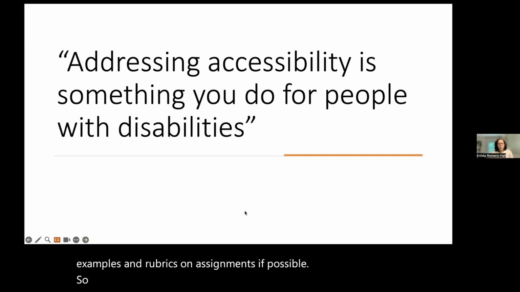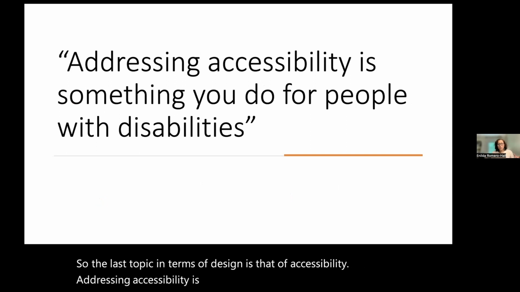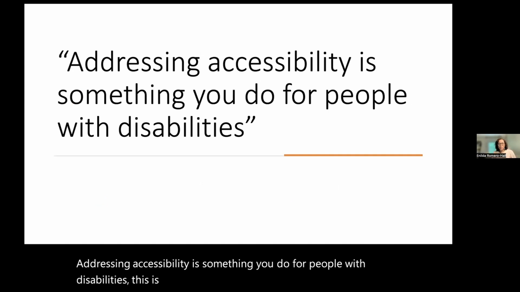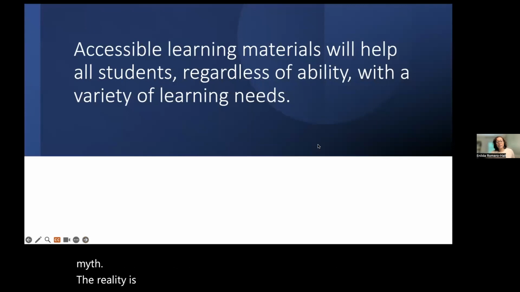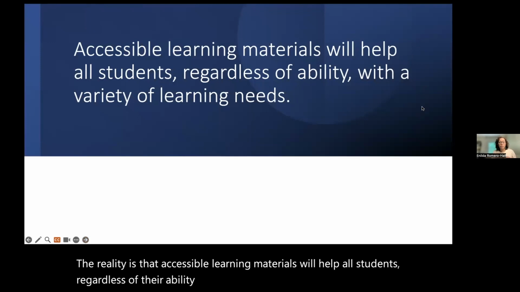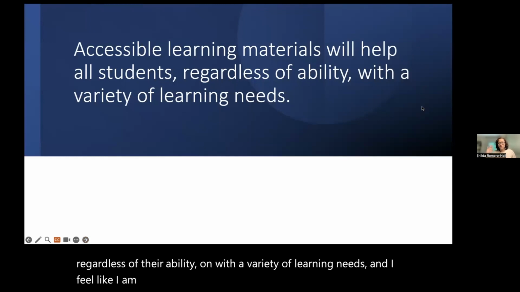So the last topic in terms of design is that of accessibility. Addressing accessibility is something you do for people with disabilities. This is a myth. I didn't want to put it in here, but this is a myth. The reality is that accessible learning materials will help all students regardless of their ability and with a variety of learning needs. And I feel like I am a huge